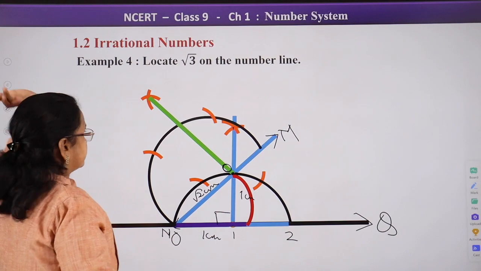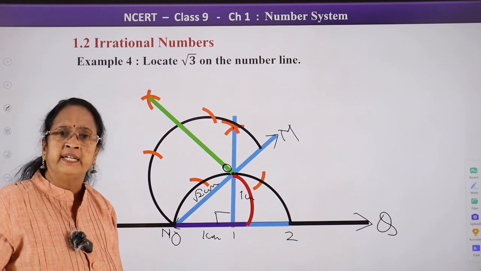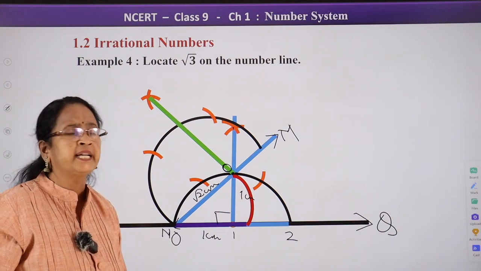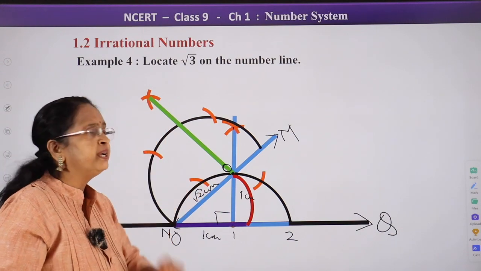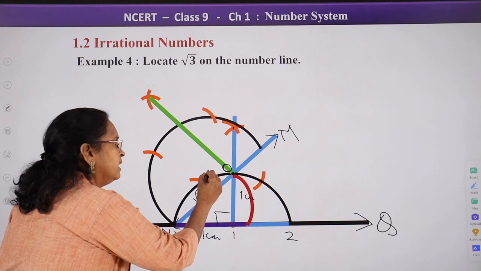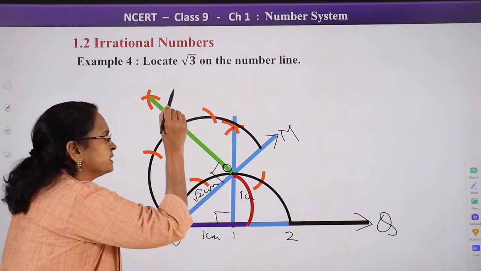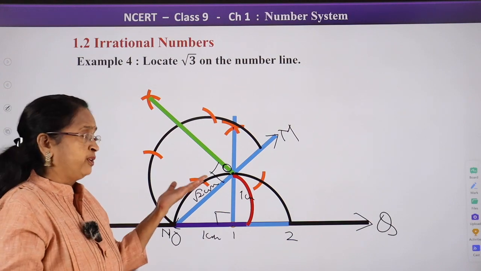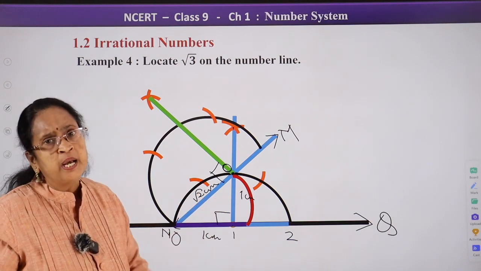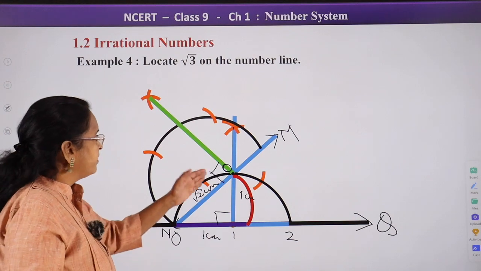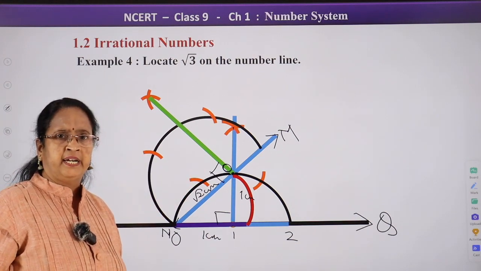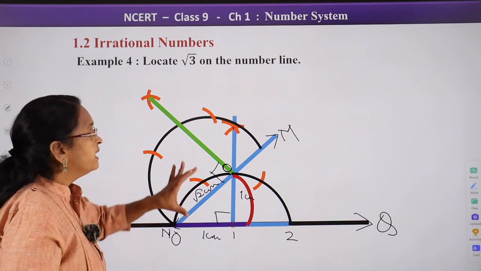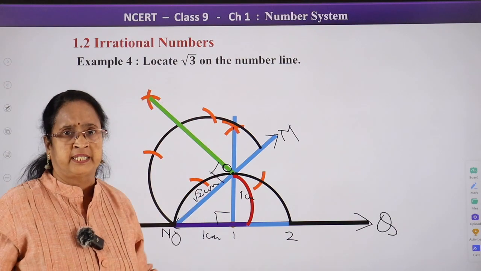How is that? This is the center. This green line is the connection from the intersecting point to the point on the line. This is 90 degree. Because if we don't draw 90, we cannot use Pythagoras theorem. Now we have drawn 90 degree. That means now we have come to a point where construction of angle is done.